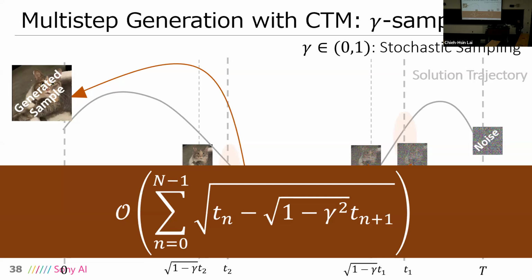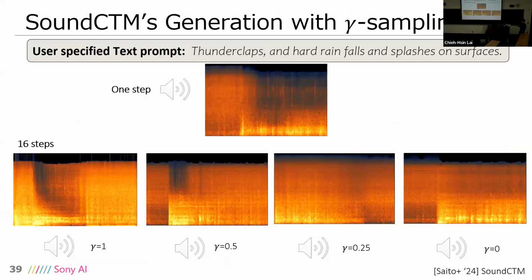Anyway, what's the purpose of doing this? With the gamma sampling, you can actually control how much diversity you want to throw into your generation. Here I'm going to play some sound clips that are generated with our model. The first audio I'm going to play is the one-step generation of a sound